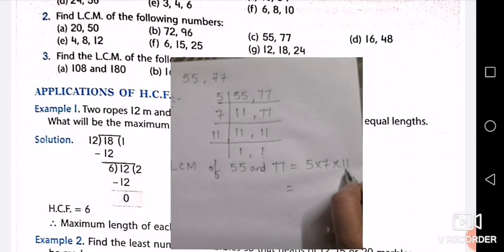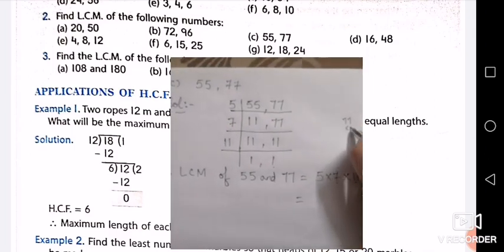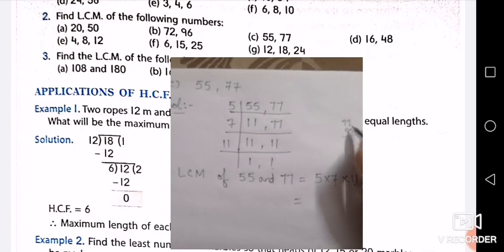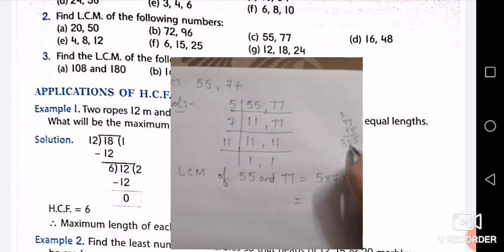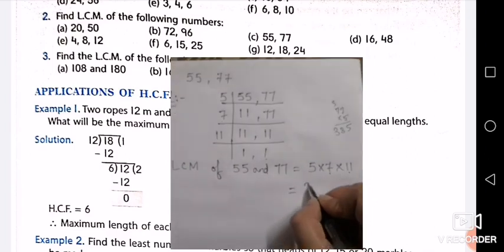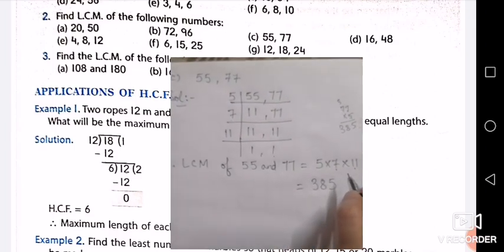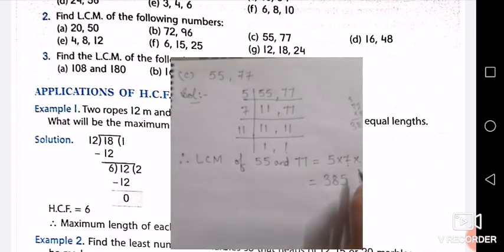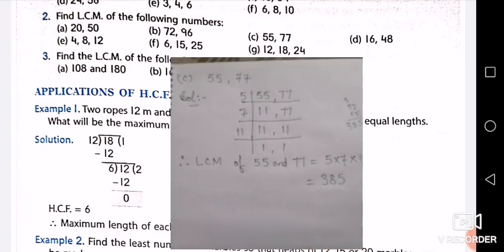Now do the multiplication. 11 sevens are 77 multiplied by 5. 5 sevens are 35, 5 sevens are 35, 3, 38. So here the product you will get is 385. Got it? Clear this question? Okay. Now children,